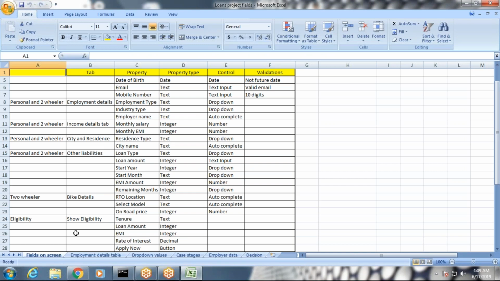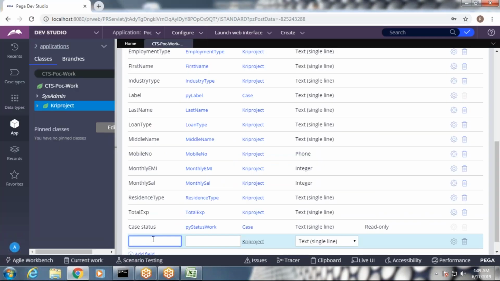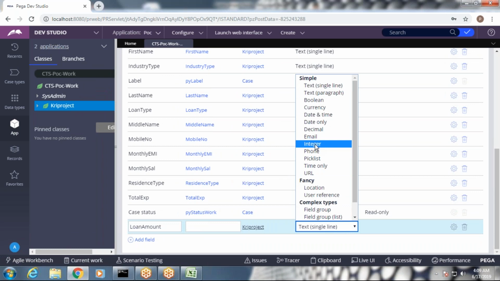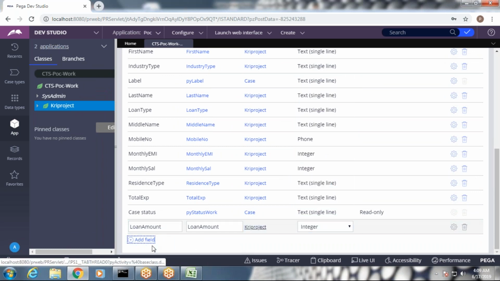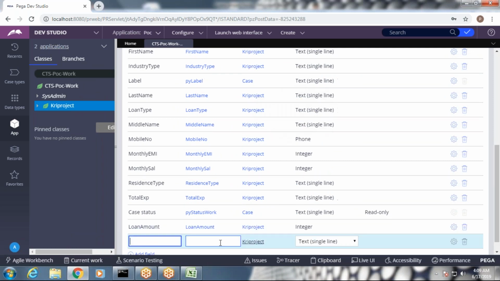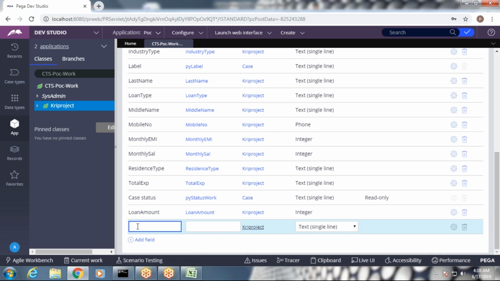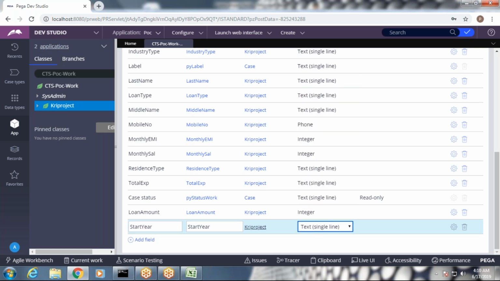Loan amount is integer, start year also integer. Actually this is the other liability screen, but I'm going to create this one also. Start year is also integer.